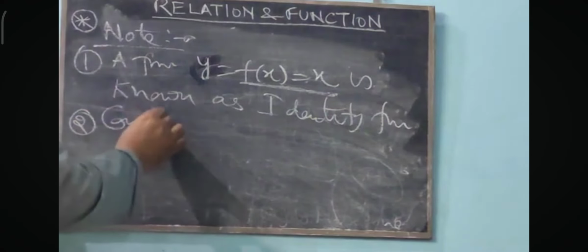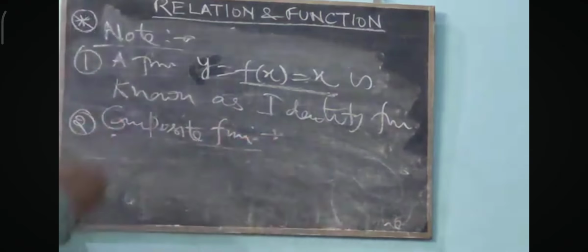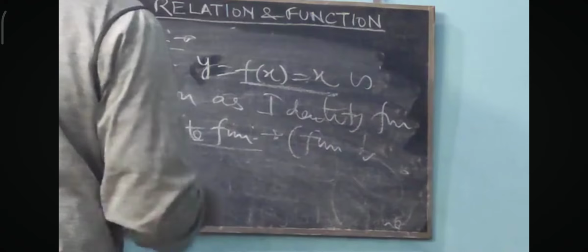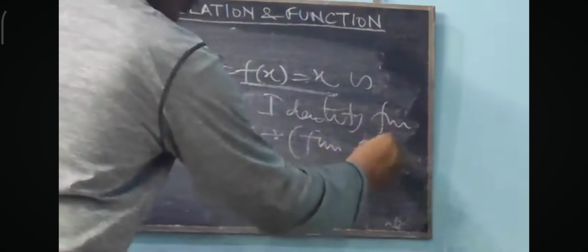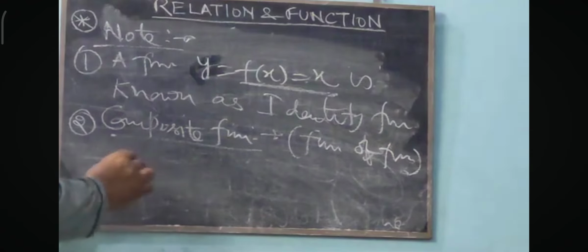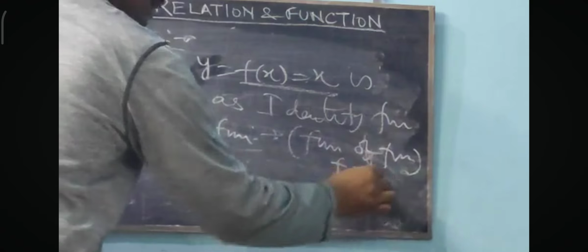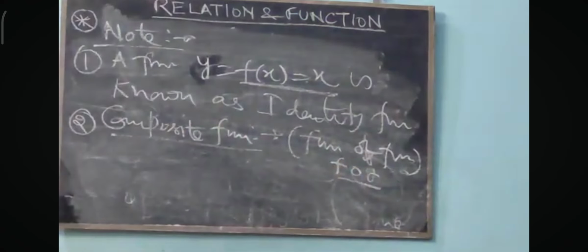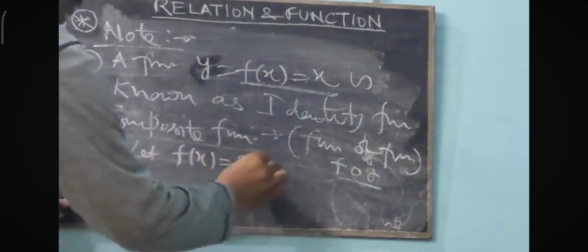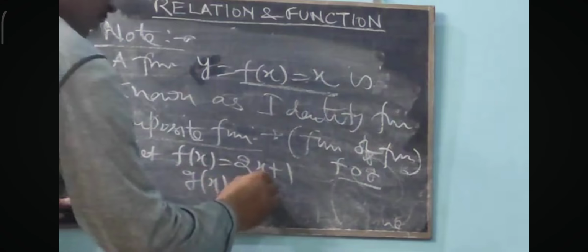Note number 2 is about composite function. Now what is that composite function? It actually means function of function. Now see, there are two functions, say f and another function g. It means fog or gof type. Now suppose we have been given f(x) equal to 2x plus 1 and say g(x) equal to x square,